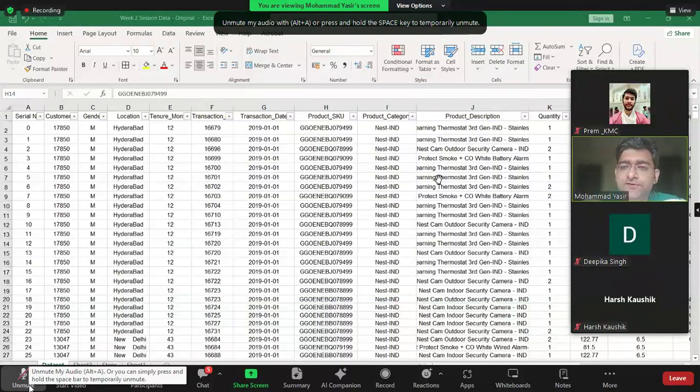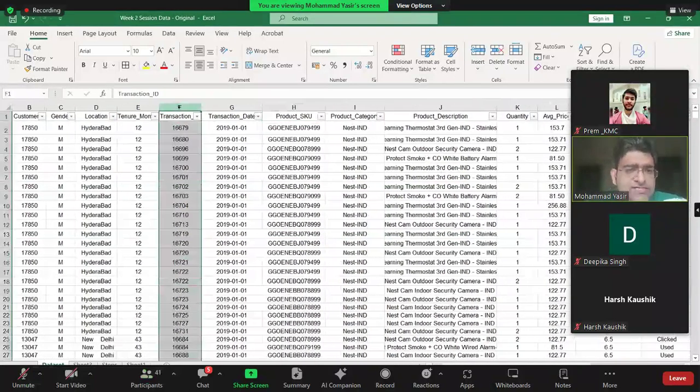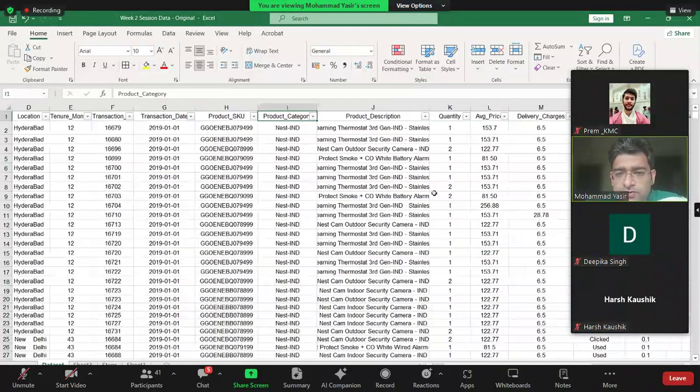Okay, so when you are working with a data set, it is very important to understand the granularity of that data set, or what the primary key is. So in this case, we have identified transaction ID cross product SKU as the primary key, right? Now the next order of business is, first we'll go through the other columns, then we'll come back to checking whether a combination of these two is repeating or not. Okay, right. Product category, we already know.